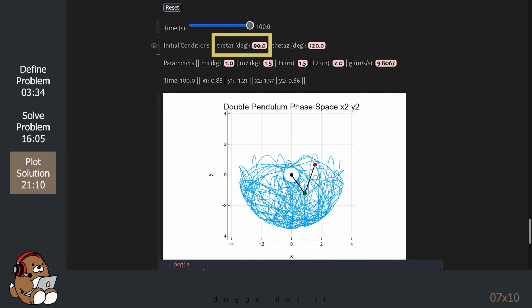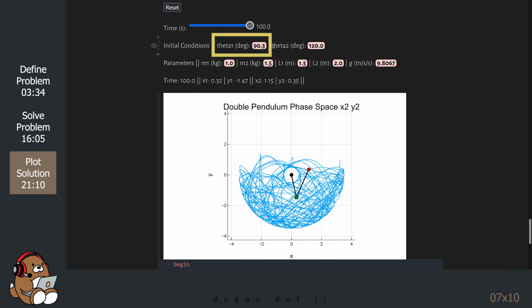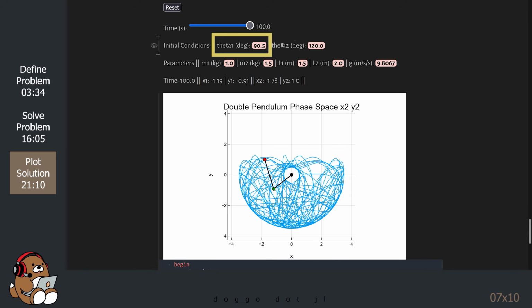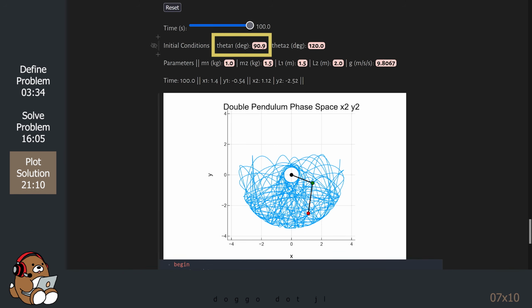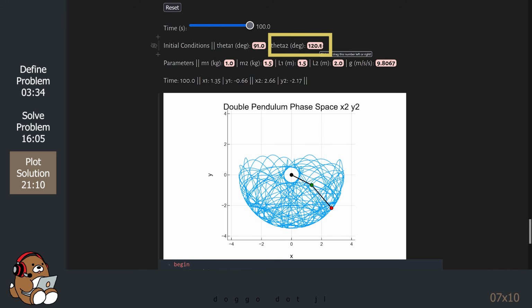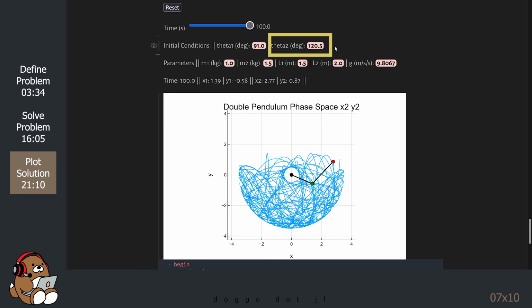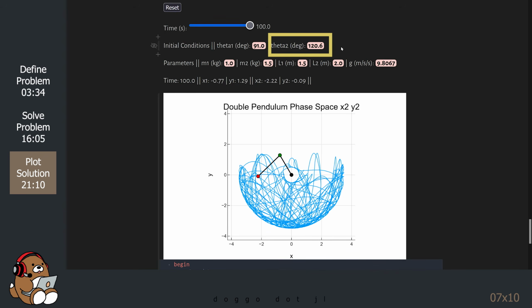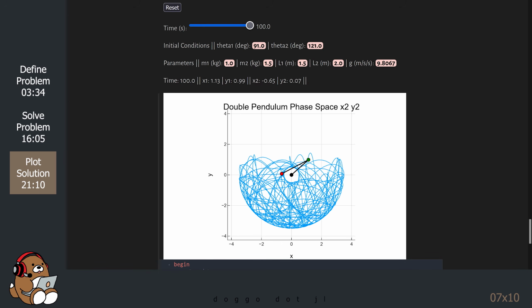Let's make some small changes to the initial conditions to see what happens. As you can see, even a minor change to these initial angles alters the trajectories. So unless you know these initial conditions, it would be impossible for you to predict the locations of the first bob or the second bob in the long run, even though their trajectories are deterministic.